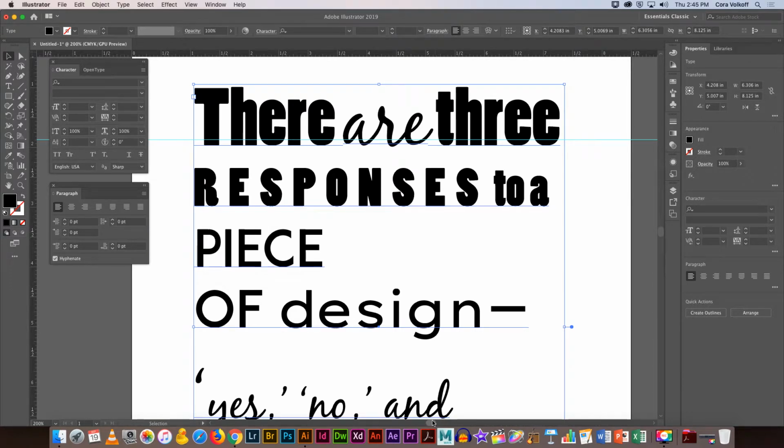Usually if I were to create this poster and I'm just designing it without being in a typography class, this is going to be its own word, this is going to be its own word, this is going to be its own word, and I'm going to have all these type boxes that I'm going to be able to move around and adjust, so it's easier to get the lines how you want it. But in this case, because I want you to be able to, it's called setting the type, using this type box, or the text box,